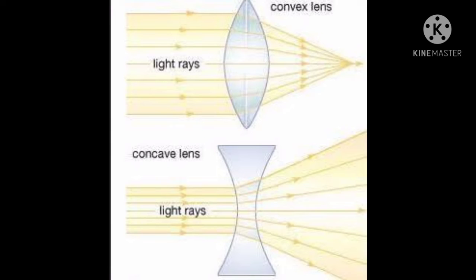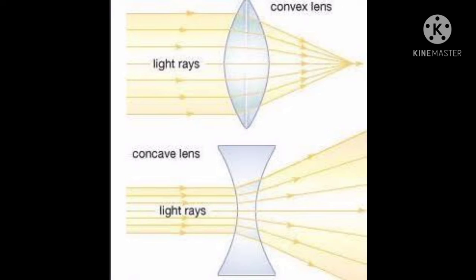Okay, now look at the concave lens. Whenever the light rays are passed parallel to the principal axis, these rays are refracted through the other surface and diverged. Look at the convex lens and concave lens figures. Are you observing the difference between these two? In the first lens, that is the convex lens, all the refracted rays are converged at a particular point.